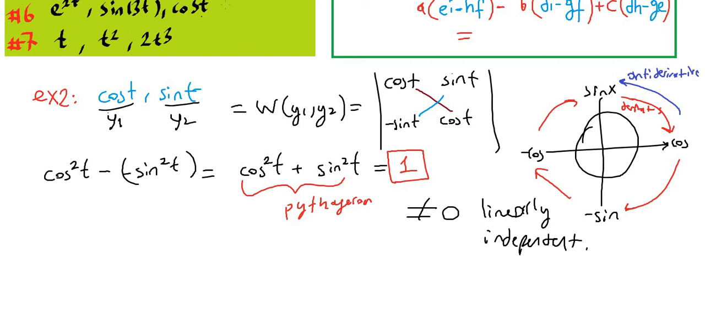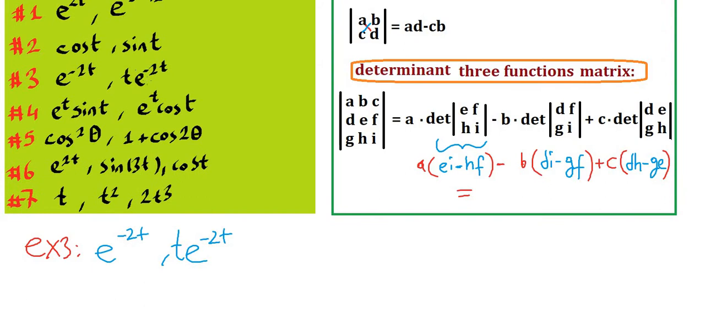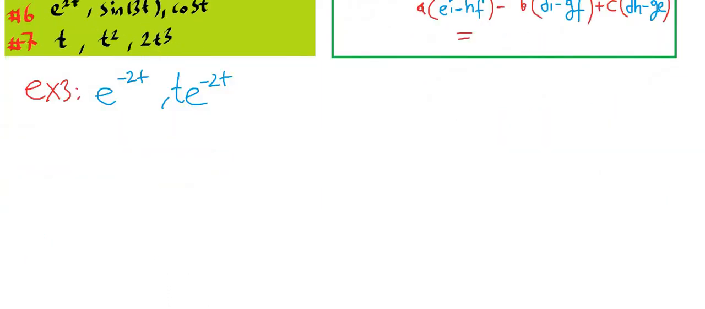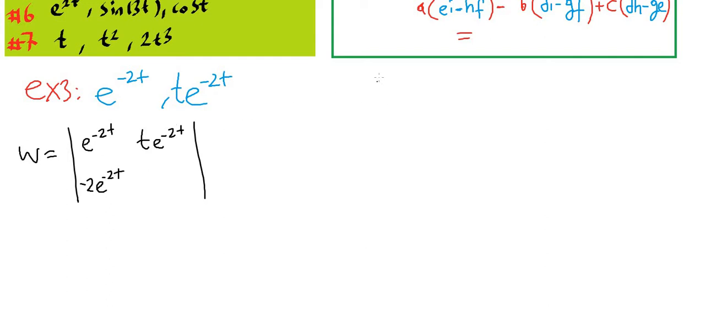Let's check out example 3. This time, we're computing e to the negative 2t and t e to the negative 2t. So the Wronskian of those two functions will be e to the negative 2t, t e to the negative 2t, and their derivatives. The derivative of e to the negative 2t is negative 2 e to the negative 2t, and the derivative of this function